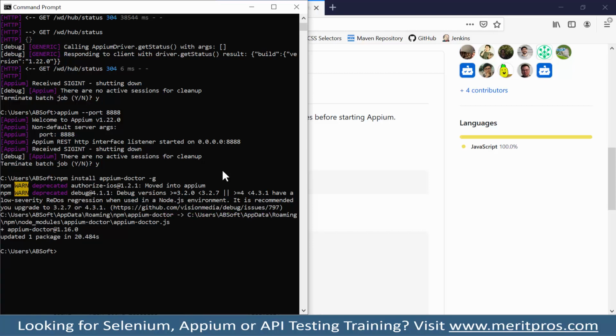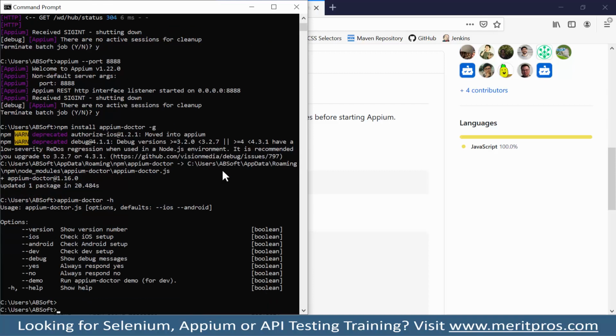Now you can say appium-doctor, then -h to find out all the helpful commands or whatever different options you can use with this. Okay, you can see there are different options. We can use --ios to check the iOS setup, or --android to check the Android setup.